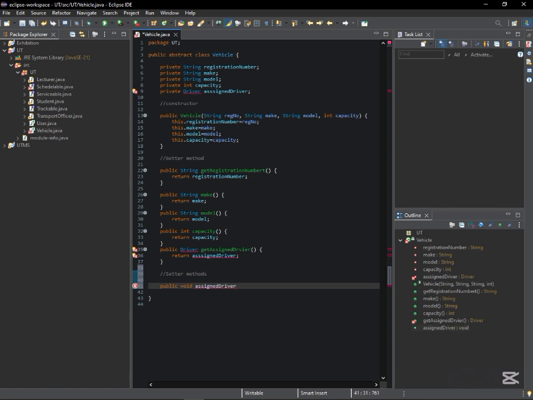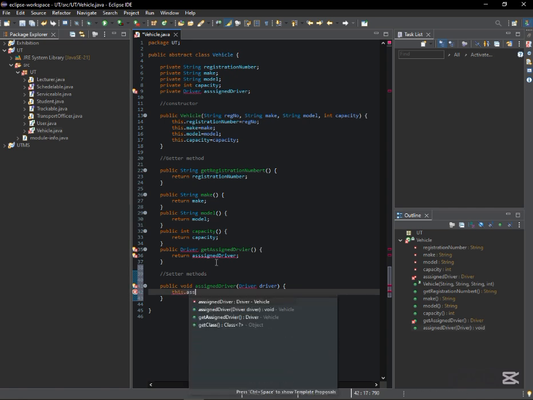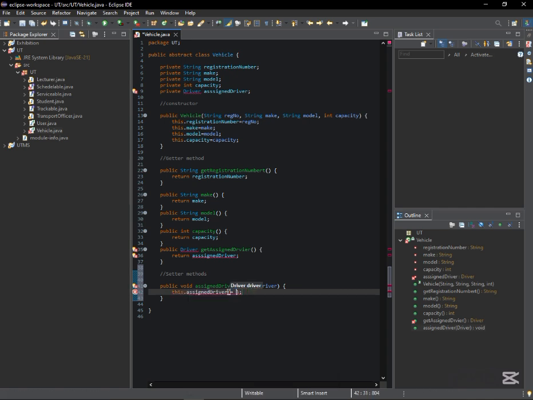The assigned driver is going to take a driver, then say this dot assigned driver, we assign it to the driver. Remember, we did not include it in our constructor before. We don't need these brackets over here, so we remove them. And after doing that, we shall output